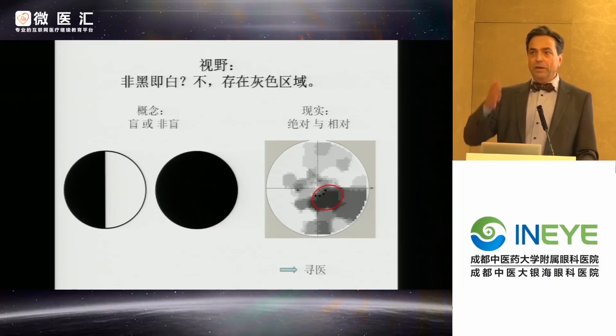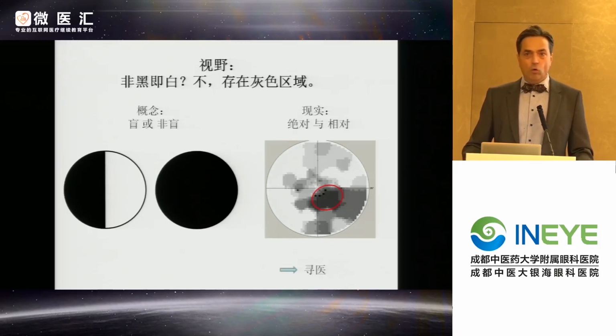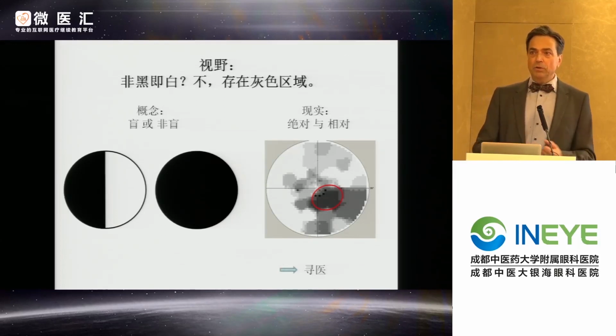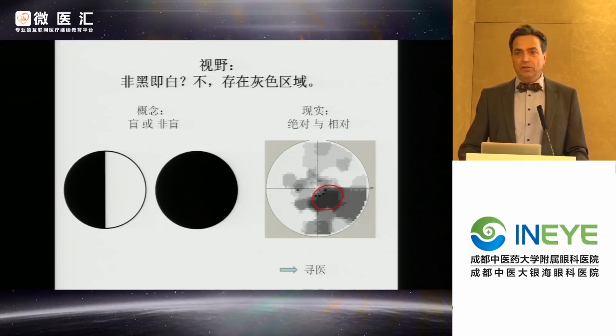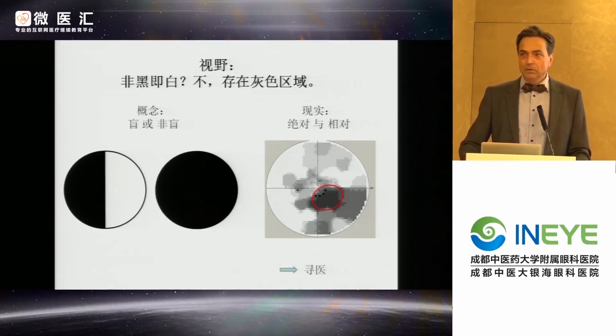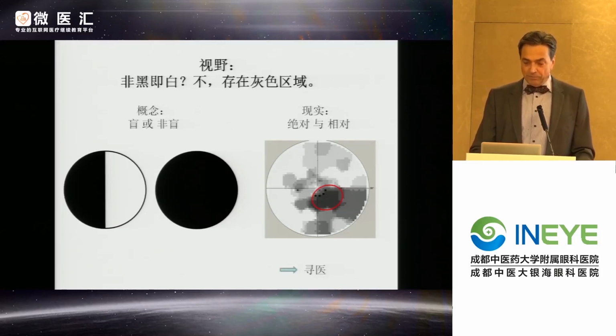And if I ask you, when do you go to the hospital? Do you go to the hospital when you are healthy? No. Do you go to the hospital when you are dead? No. You go to the hospital when you are sick. And what we are proposing is that in visual disorders, there are sick cells which are in a hypometabolic state, too healthy to die, but not healthy enough to function. You see them every day, and yet we have not thought about enough of these areas and how to improve them.